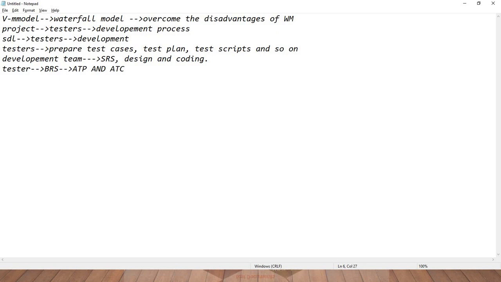Tester will be ready with all the artifacts such as test plan and test cases by the time developer releases the finished product. It saves a lot of time.